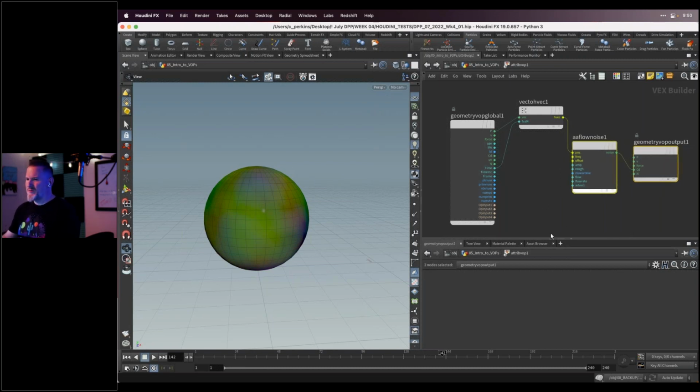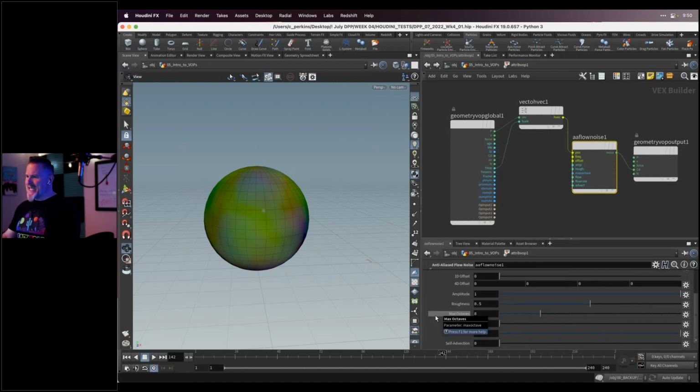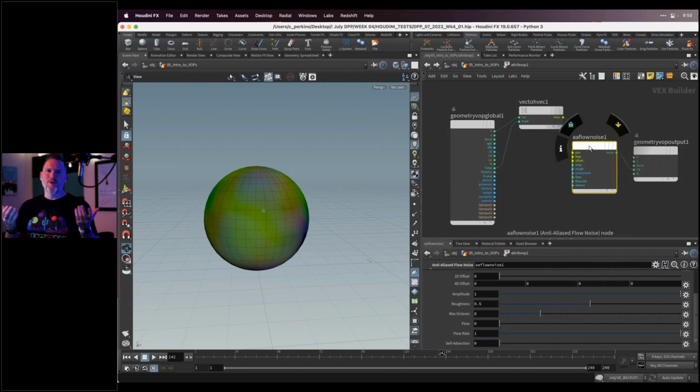Okay, we're quickly running out of time here. Let me just show you this really quick. If I select the anti-alias flow noise, I get the values for it. One very common thing is, when you're messing with fractal noise patterns, you never know the size or the contrast, those type of values. And it's really annoying to have to find the VOP node when you're in SOPs and then dig into it and try to find the node in the VOPs and then the attribute. It's just really annoying.